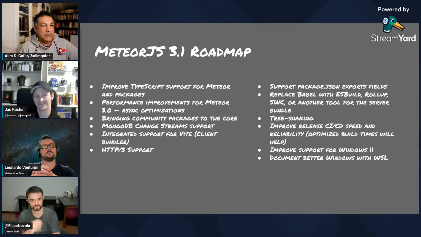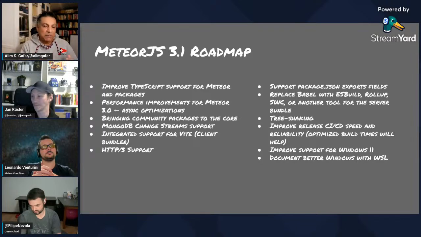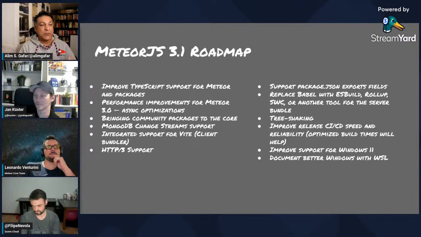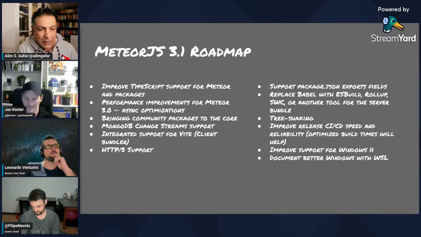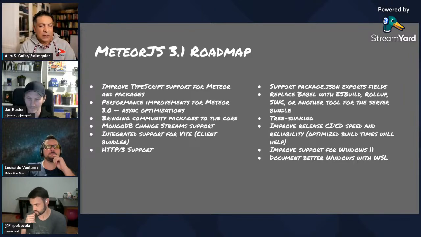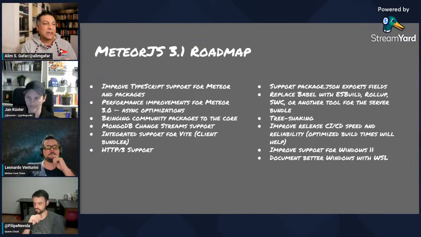Improve the release CI/CD speed and reliability to optimize build times, or actually the note here is that the optimized build times will actually help. Improve support for Windows 11, document better Windows with WSL, HTTP3 support, and then there is a section outside of this in the doc that talks about candidate items, which I'm not quite sure what that's about. And looking at this, I get the sense that there is a unifying theme on enhancing developer experience or improving platform performance. And so with that,